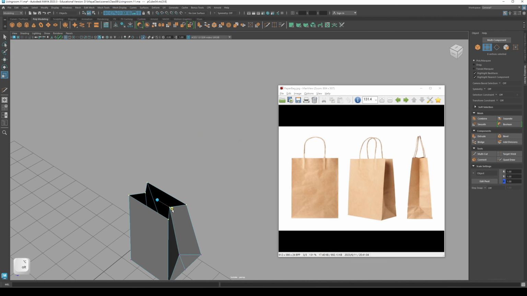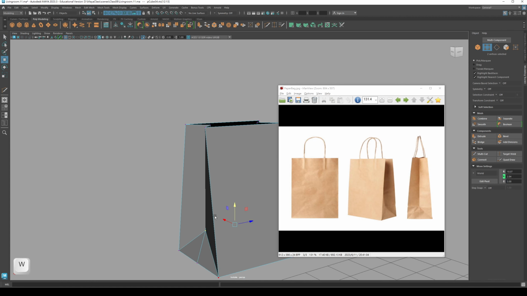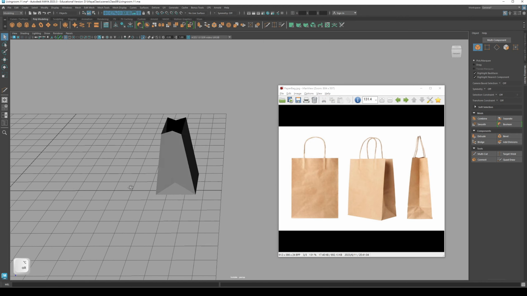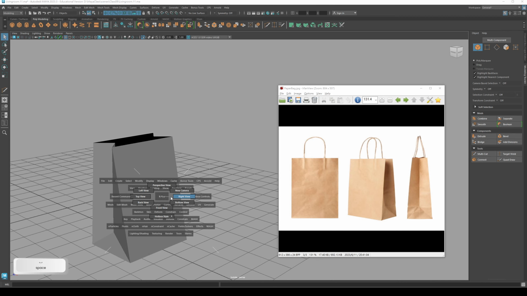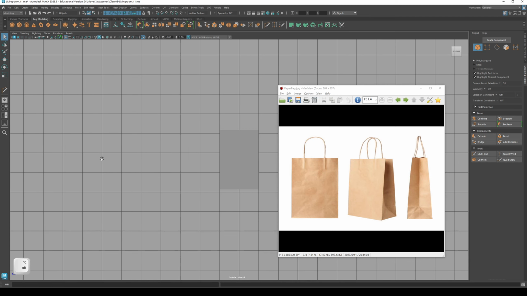Maybe I have to make this part wider. This part wider also. Lower a little bit. Okay, like this. And then I'm going to make the handle. Go to right view